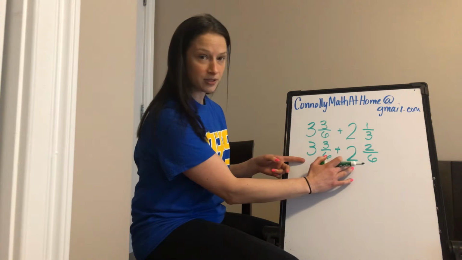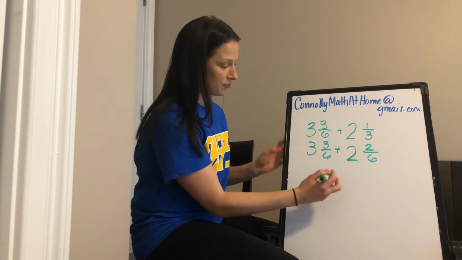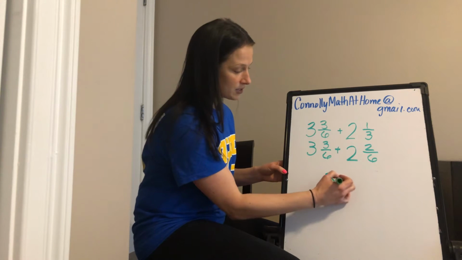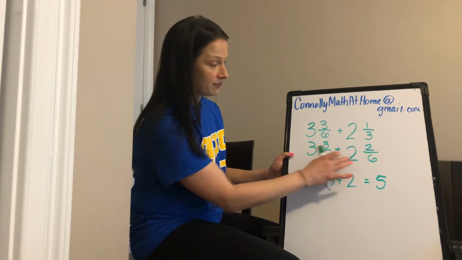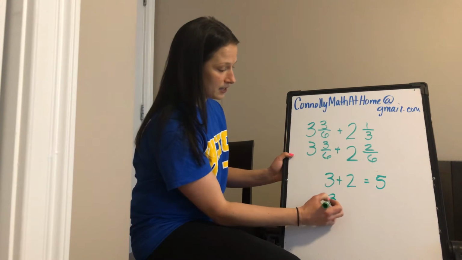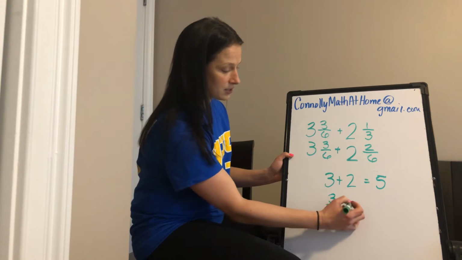So once you make a common denominator, don't forget that part, there's a couple different ways we can add. The first one is I'm going to start with adding the whole numbers. So I'm going to say to myself, 3 plus 2 is 5. Okay, then I'm going to add the fractions. 3/6 plus 2/6